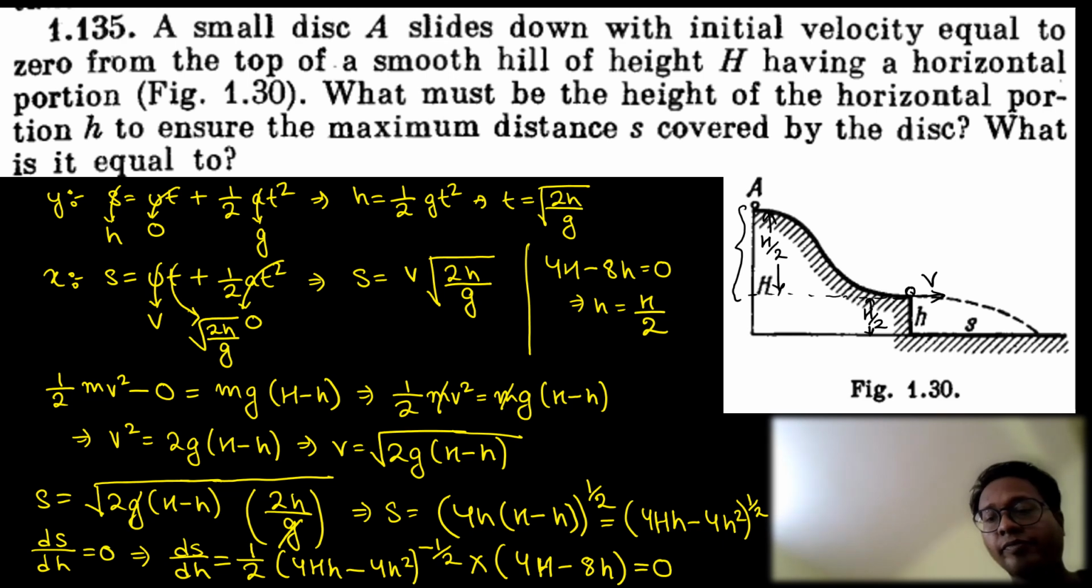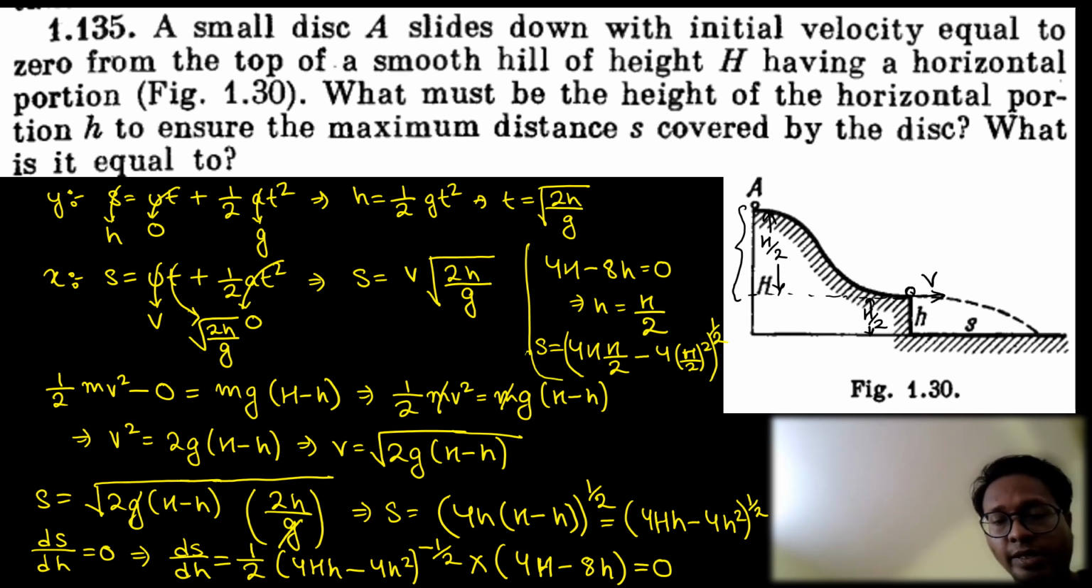Okay, half of it. The second part of the question is asking what s is equal to. That means, what is the maximum value of s? The maximum value of s is nothing but 4 into this value, where small h is to be substituted by capital H by 2. So s is equal to 4 into capital H into H by 2 minus 4 into capital H by 2 whole squared,